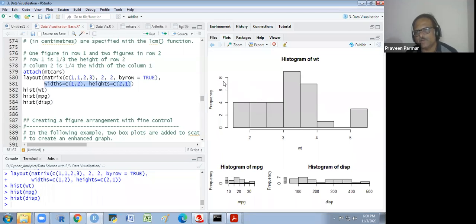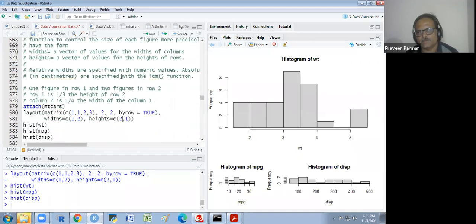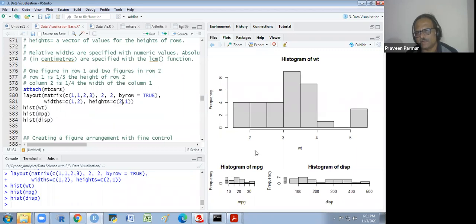By default, the size would be the same for all windows. The same matrix I have taken here, 1 1 2 3. The first figure is the 1 1, then 2 3. That is the first one, okay. The widths I have added on it. Here I have not added the width. Is it clear? So width and height I have added here. Is there any doubt now? I have just extended the attributes.